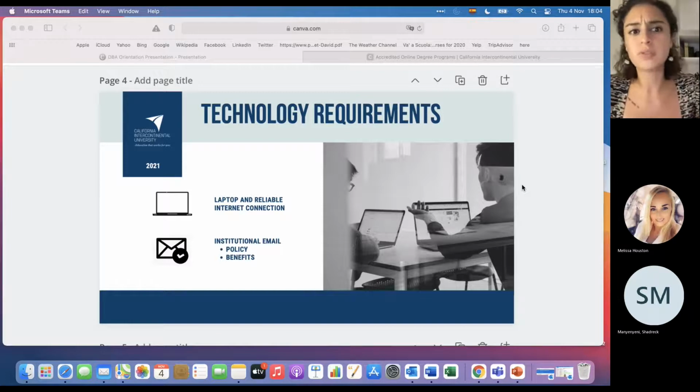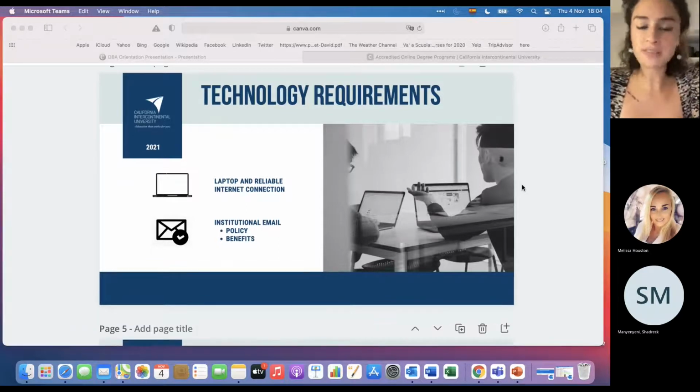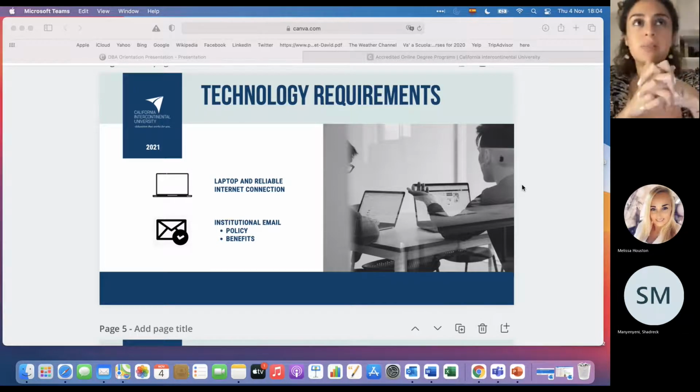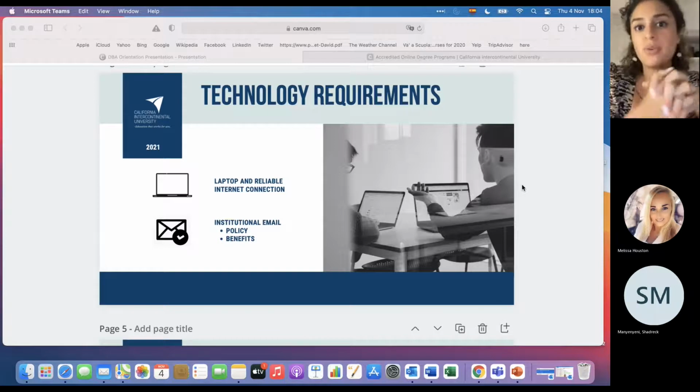So don't feel overwhelmed if you don't understand certain things yet. You're going to get familiarized with them as you go on your program. So first off, the technological requirements are very important to acknowledge, because some students have this idea that because our programs are virtual, they can do their programs perhaps through a phone or an iPad or something